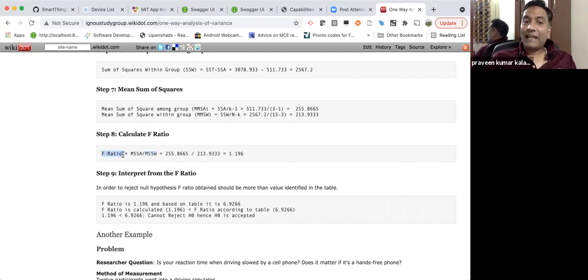That means the bigger the F value is, you are saying that there is more variance between the groups. That gives you more confidence while you are rejecting the null hypothesis. The null hypothesis here is that smoking really affects the lung, so there is a difference between the lung capacity of group 1, group 2, group 3. But in the example that I have here, we couldn't get a bigger F value when compared to whatever is there in the table. Hence, I can't really reject the null hypothesis. I have to accept the null hypothesis.